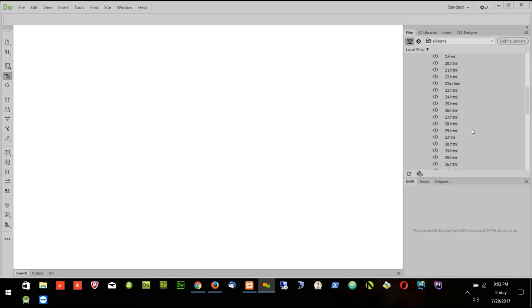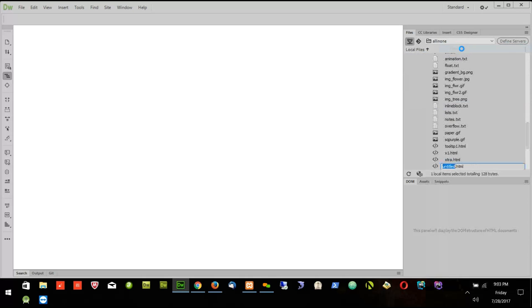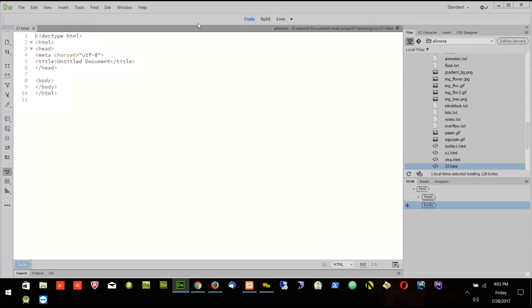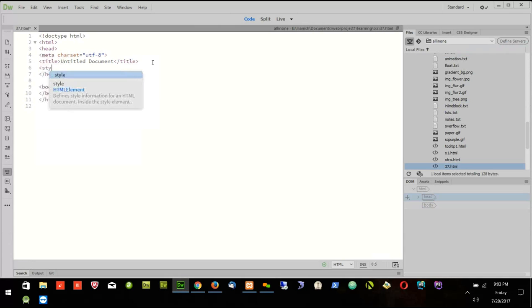And I will start 37. So, new file. I'll get a new file 37.html. Let's open this file. So I'm on the code view. I'll put the style sheet here,